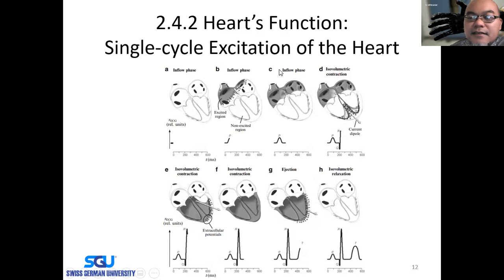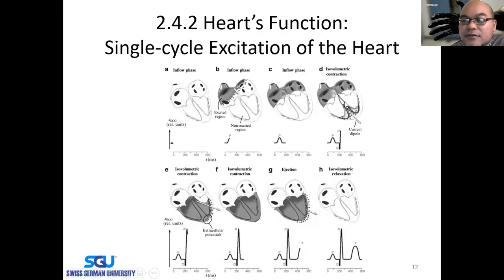So the ventricles are not yet excited, only the atria. Then it forms this P, the first half of the P wave. After the second half, the P wave is completed. So this is still completing the inflow phase of the atria. Blood is filling the two chambers of the atria, the upper part of the heart. Then it goes to the Q, where the